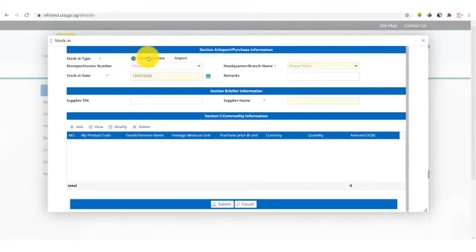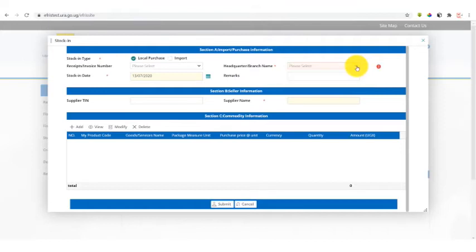So for now, in case you have a local purchase, we expect you to provide a receipt number under this text box, and then you specify under which headquarter or branch you're going to stock in the goods that you have bought. I'm going to take a scenario where we have bought goods from a supermarket. Okay. Let us say we are going to stock in our first items as a local purchase.